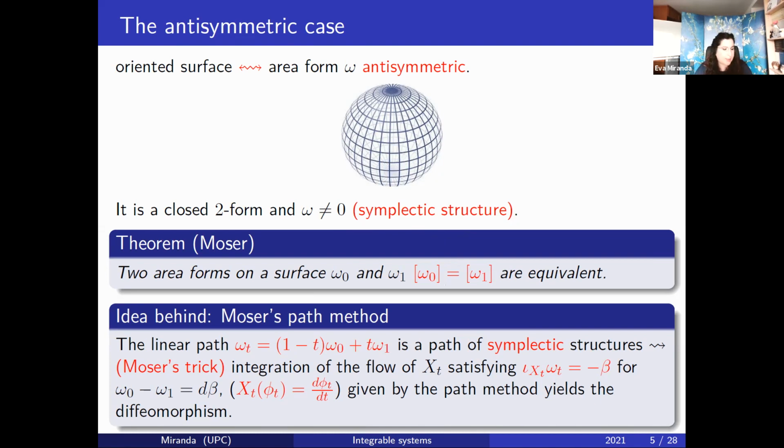Indeed, this is in a paper in which Moser was trying to understand the problem of classification of volume forms on a manifold. But if you take a volume form in the two-dimensional case, this is an area form. So Moser classifies area forms on a surface, or volume forms on a manifold, just using the cohomology. So this is telling you that already topology is telling you what the classification is. And the idea behind it is a powerful method that I'm going to